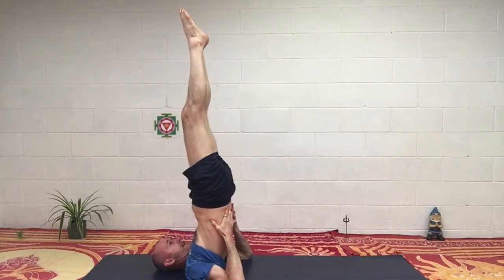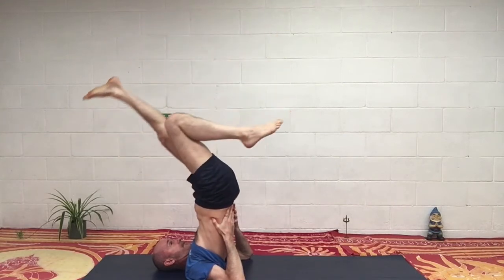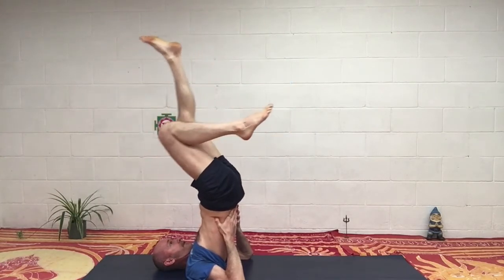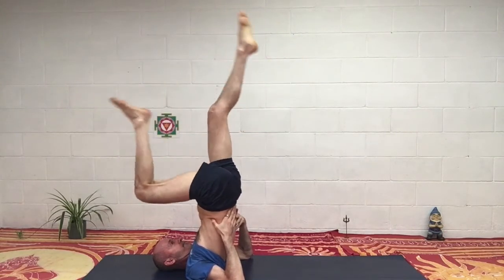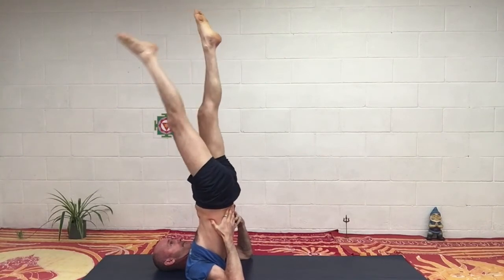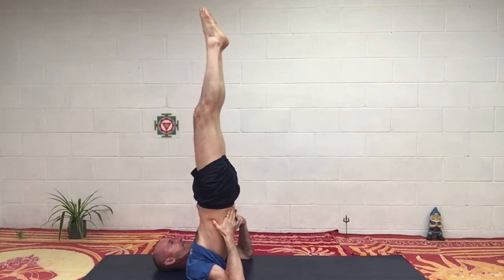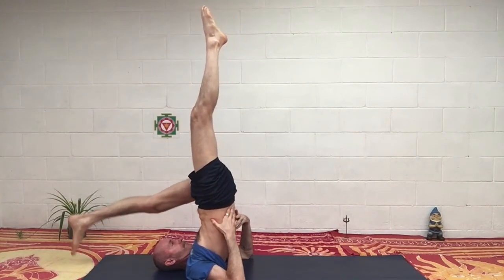Come back to middle. And then one more variation which I really like, walking along the ceiling. It's really good for the knees. And then will be reverse. Okay, then straight again, and then bringing one leg down, back up, and the other side, back up,